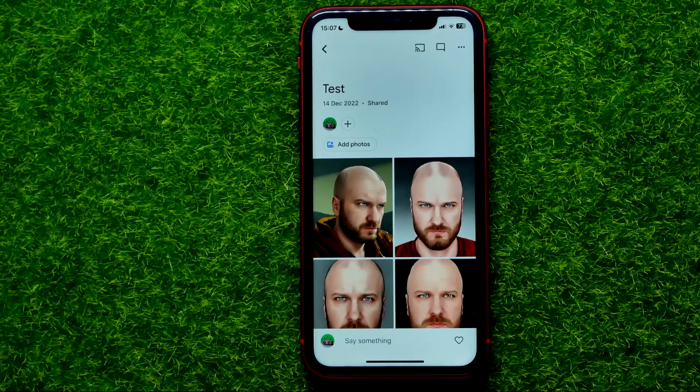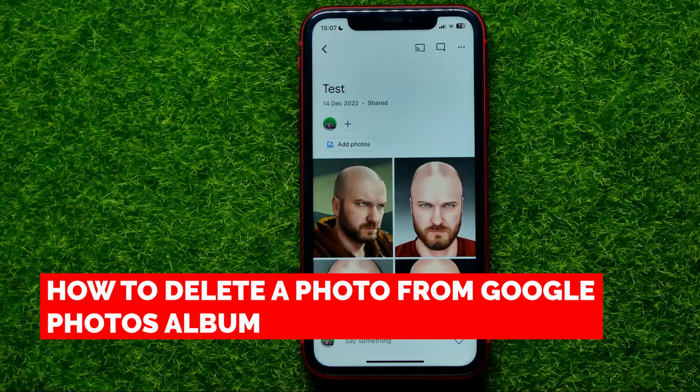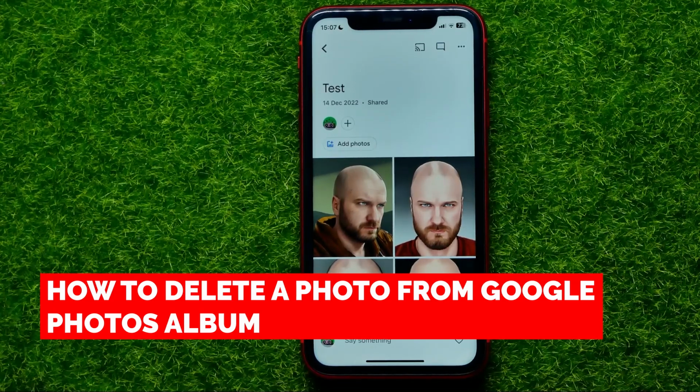Hello guys, welcome back. In this video I'm going to show you how you can easily remove a photo from